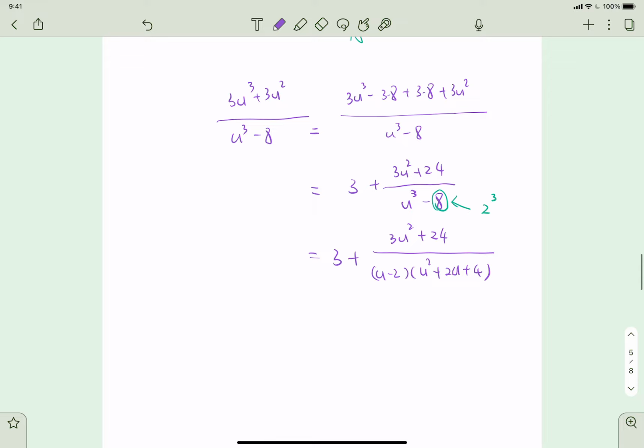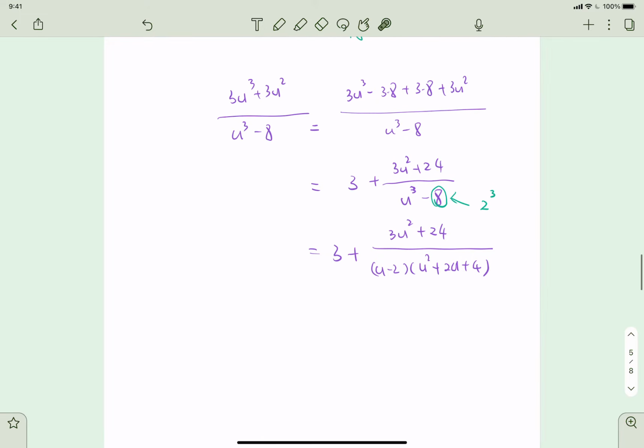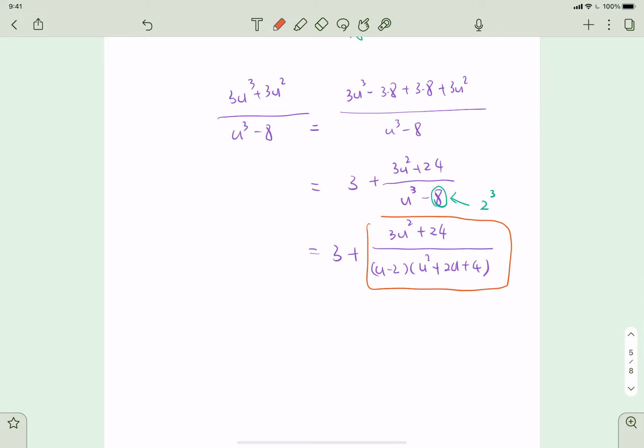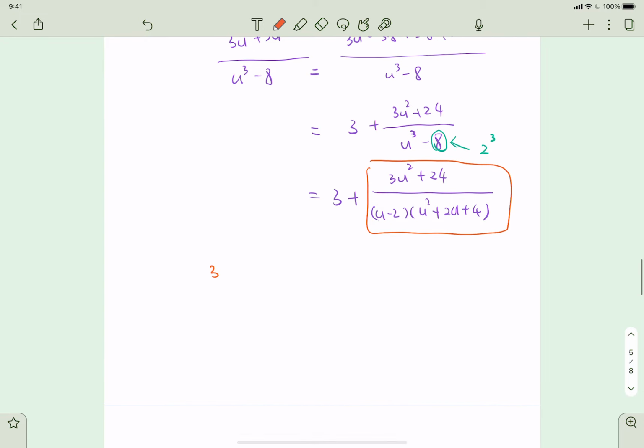Okay? And obviously, this is irreducible because it's a perfect square plus 3. Right? Irreducible, this one here. So now we can start the decomposition from here for this guy. Okay? Decomposition, 3u squared plus 24 divided by this